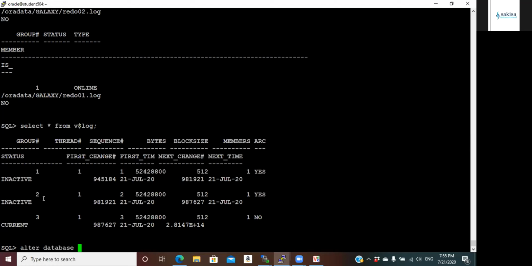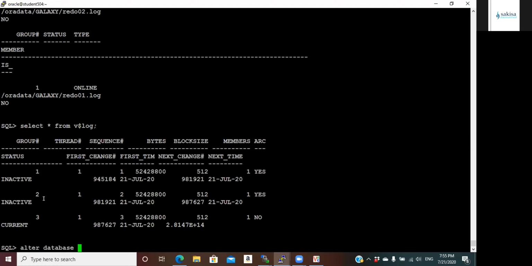No, there are only three members in a group, not four, right? Because you have to have four per group. There are only 3 members in a group. So that means you have to add 1 to the ones that are already existing and add 3 more groups with four files.